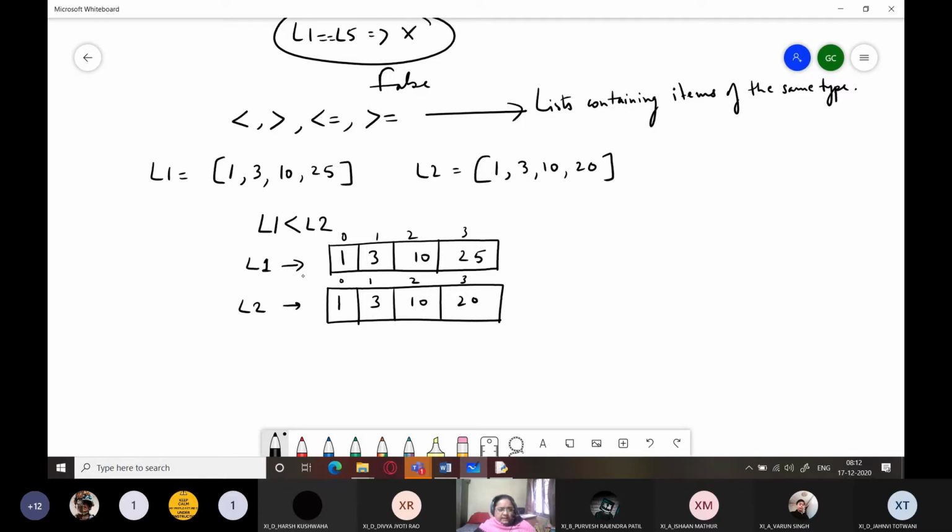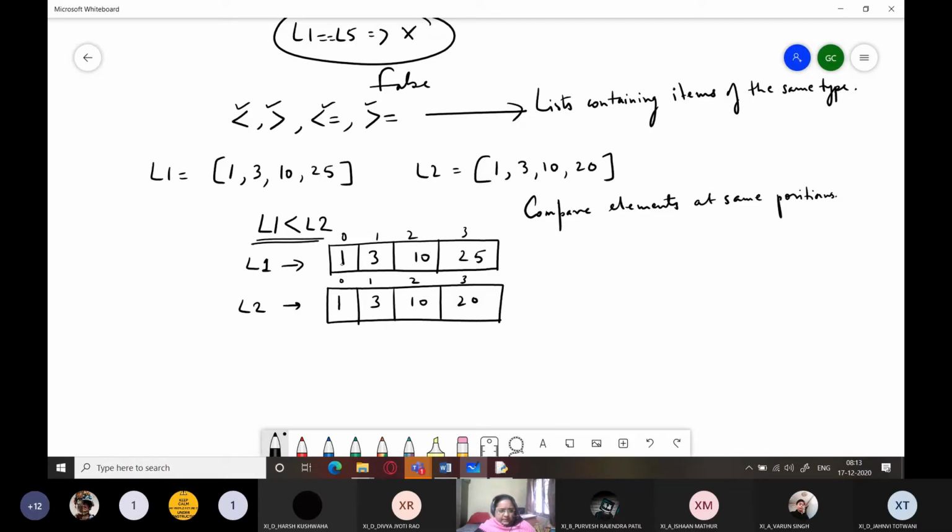So you can see that we have two lists over here, and whenever any of these four operations, less than, greater than, less than or equal to, or greater than or equal to, is to be performed between two lists, we have to check it item-wise. That is, we have to compare elements at the same positions in both lists.